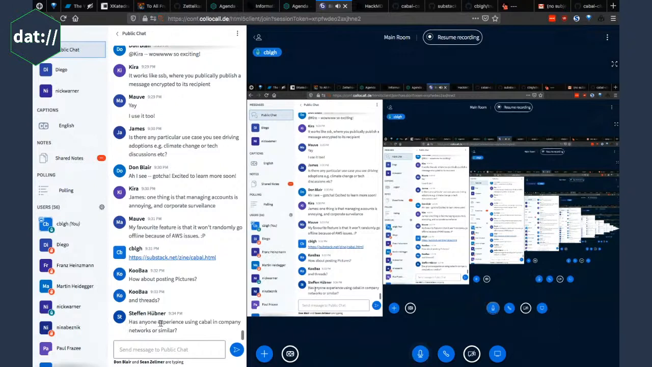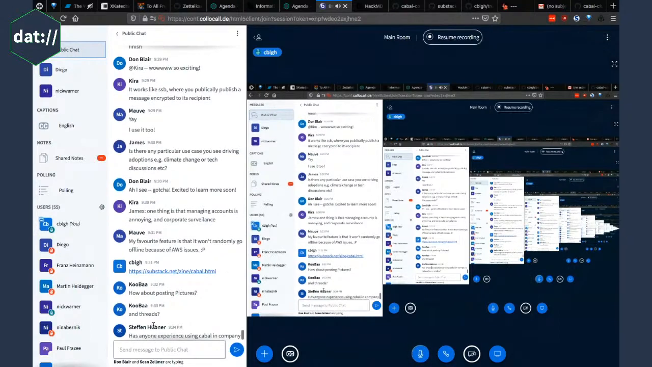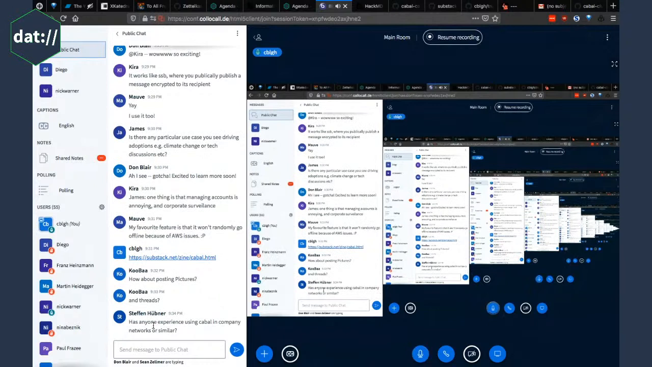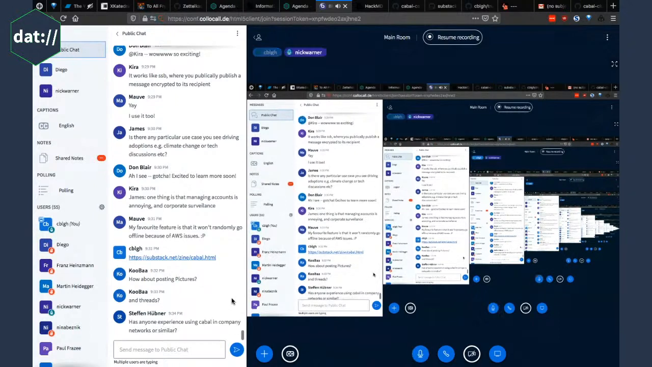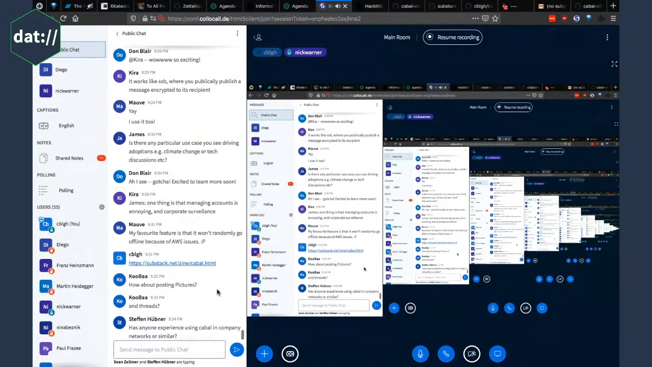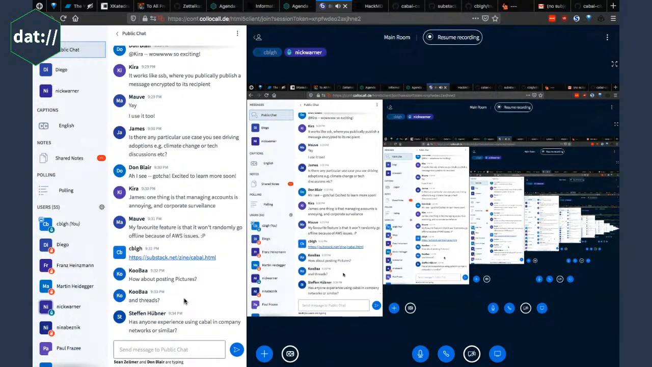Has anyone experienced using Cabal in company networks or similar? Recently, with the Hyperswarm stuff that Macintosh and the other people at Hyperdivision have been working on, it's been really, really good at just getting through regardless of networks. So you might be lucky now, because previously we had some issues connecting for various reasons. But the recent changes have been really stable in my experience. Yeah, it's been amazing, really. Everywhere I go, any kind of network, it's worked. I haven't been in a really strict corporate network, but